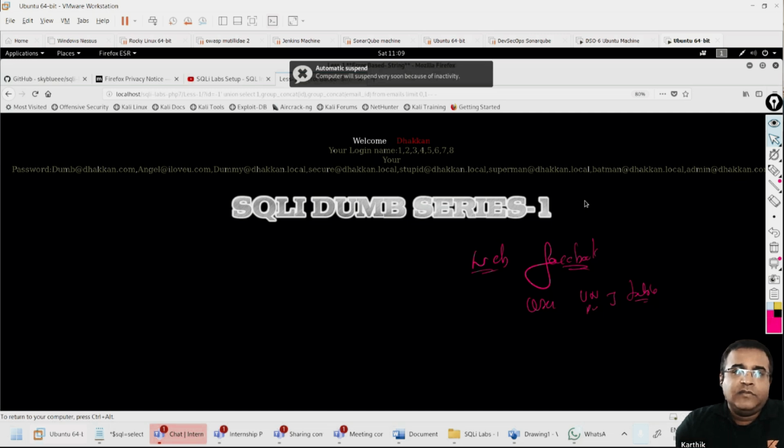But from a DevSecOps perspective, the fixes are very simple, right? As a DevSecOps engineer, on the day when the application development team comes to you and tells you how the application works, when you look at an input field like a search field, you will ask them, have you put any input validation there? Are we using a MySQL database? If yes, what kind of security measure have you put in to prevent SQL injection?